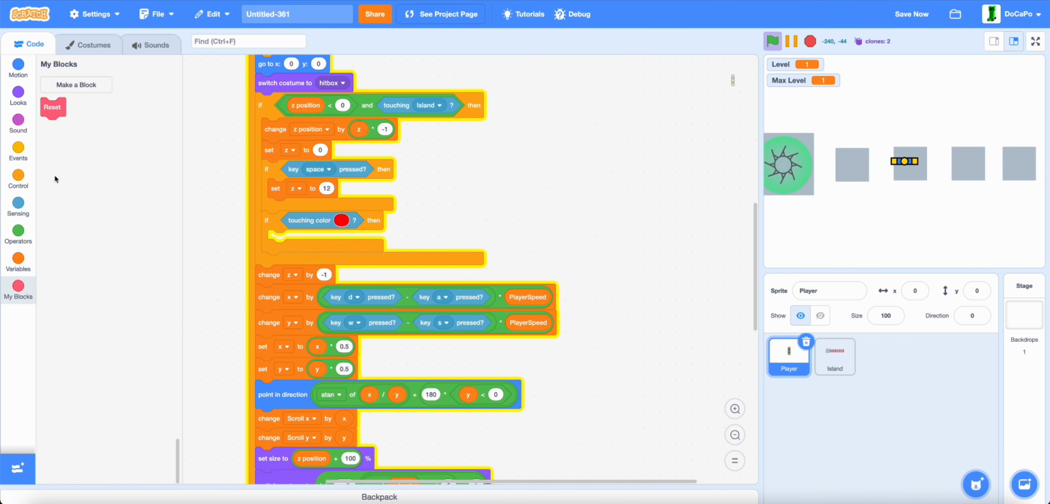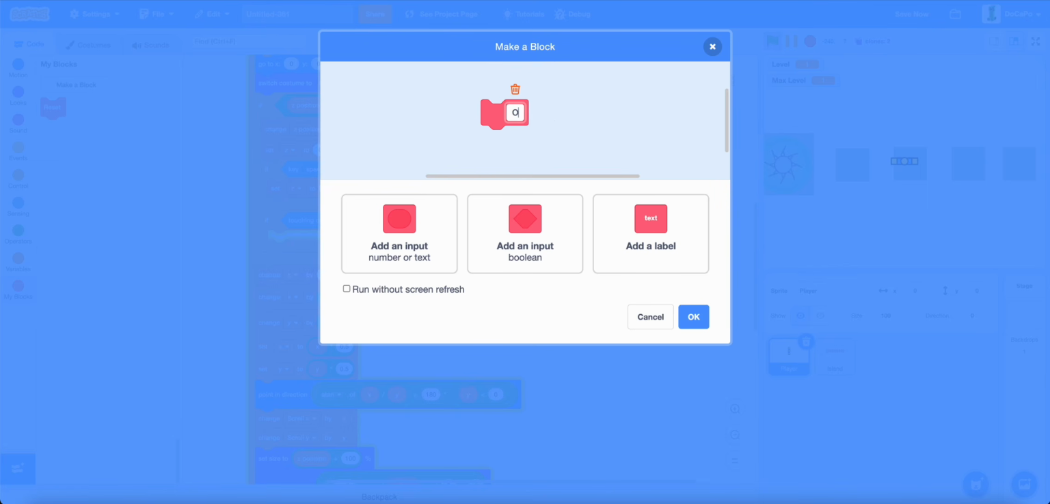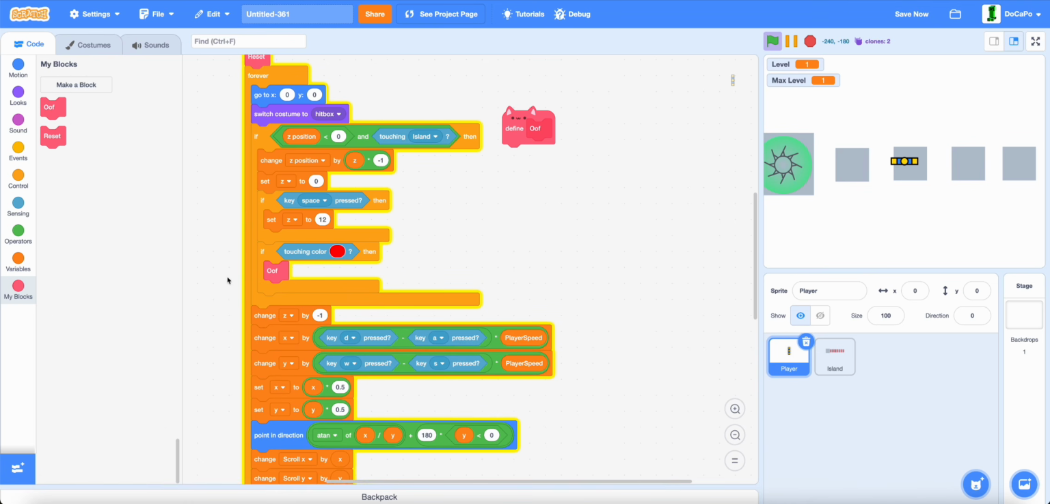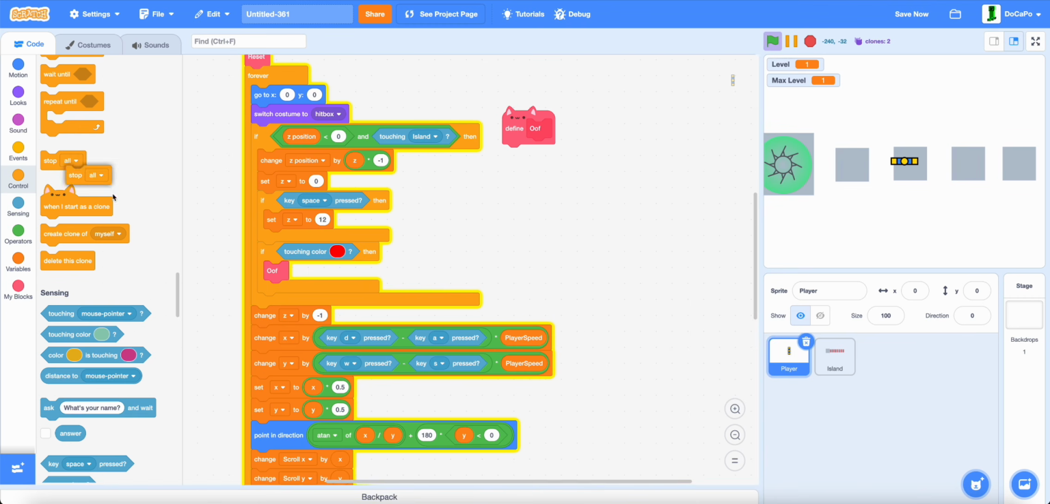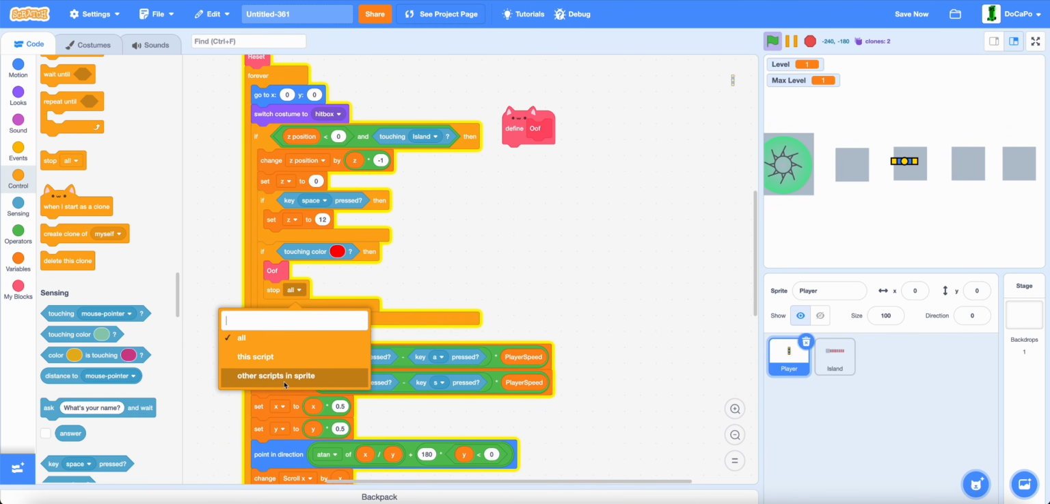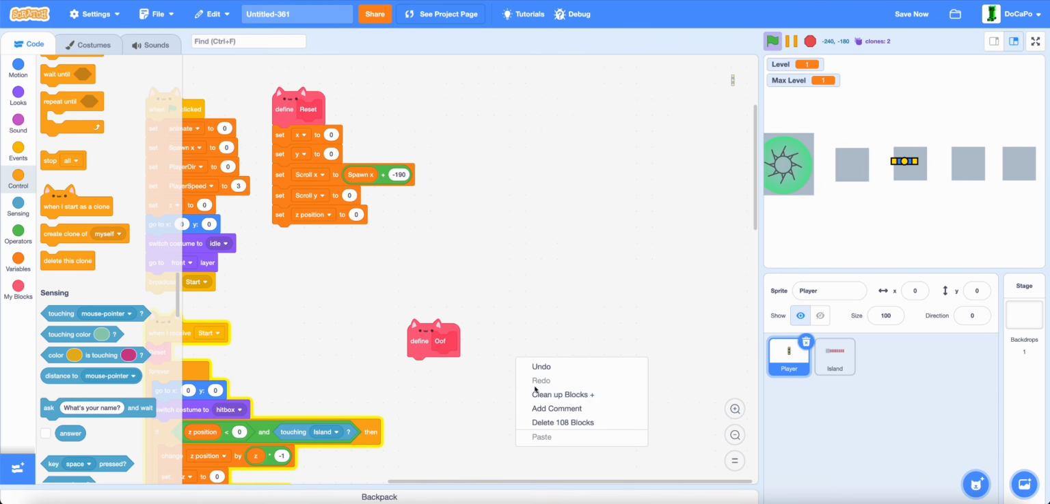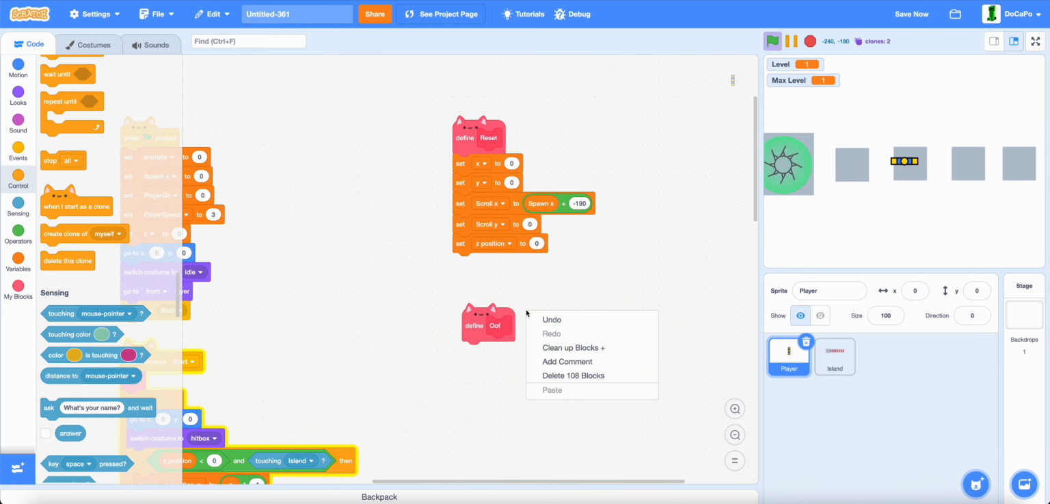And with this, create a new block called oof and run without screen refresh. And then place an oof and stop this script. And now in here,